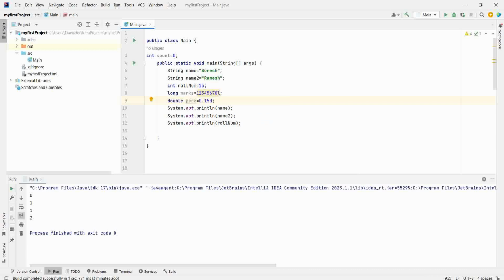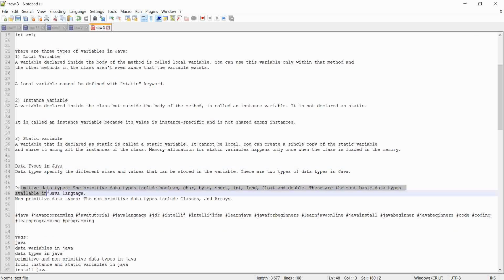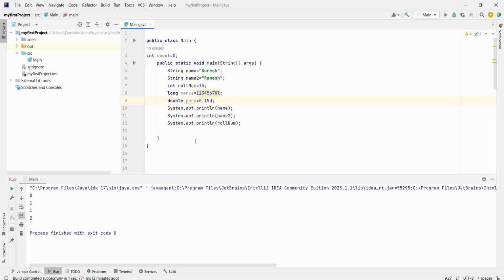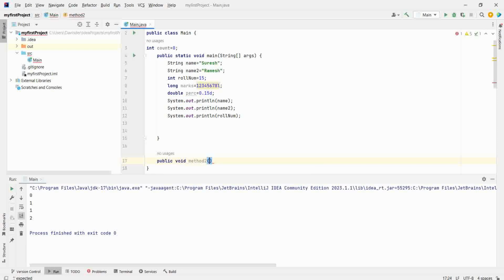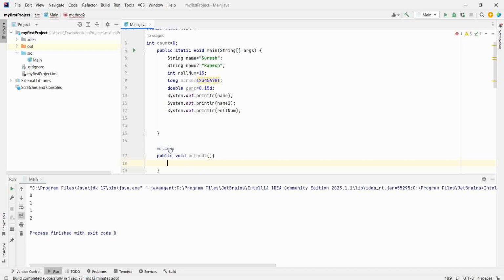Now what are the types of data type? Primitive data type and non-primitive data type. Primitive I have explained. What are non-primitive? This I have also explained somewhere. If you remember, for calling method 2 in our last example, public void method 2, you were not able to call it directly.